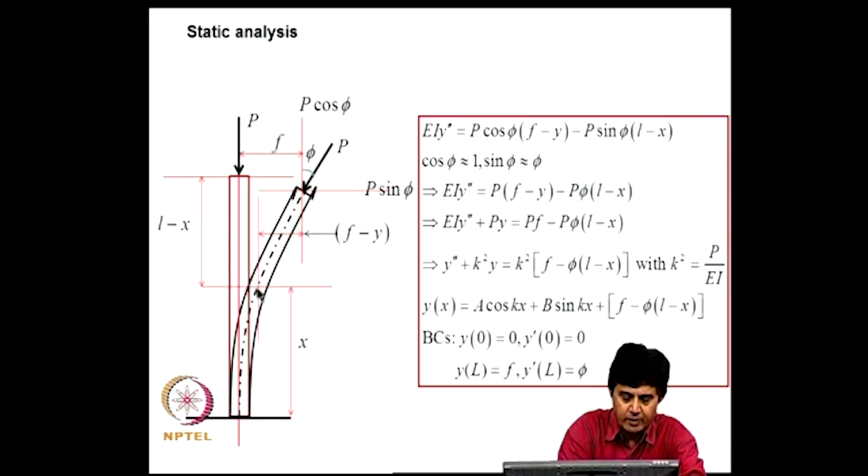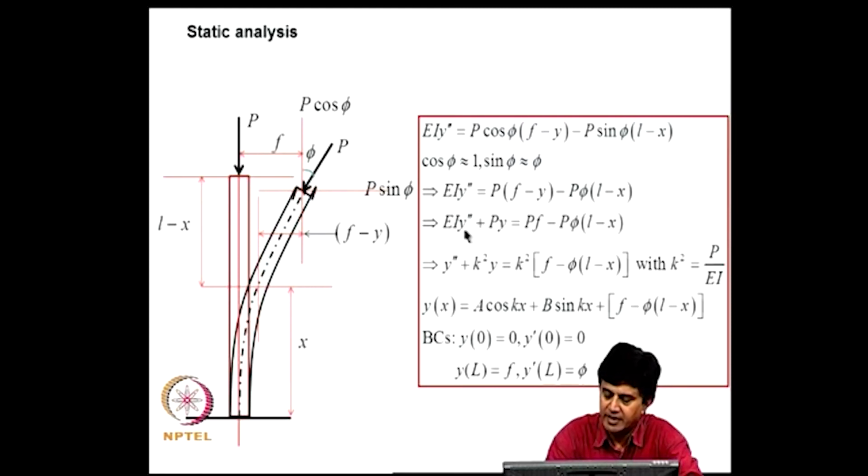It will be P cos phi into this lever arm, which will be f minus y, and P sin phi into this lever arm, that is sin of phi times L minus x. Now, if we assume that phi is small, we can take cos phi as 1 and sin phi as phi. So, the governing equation becomes,